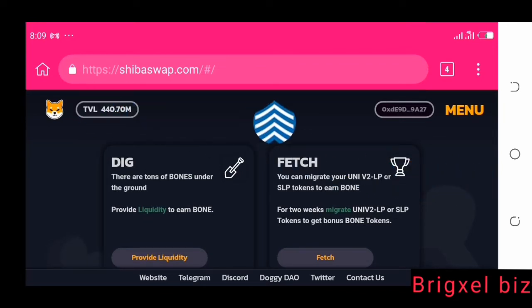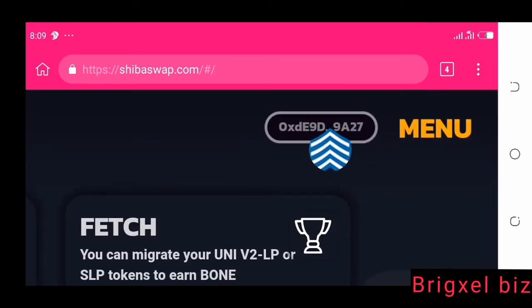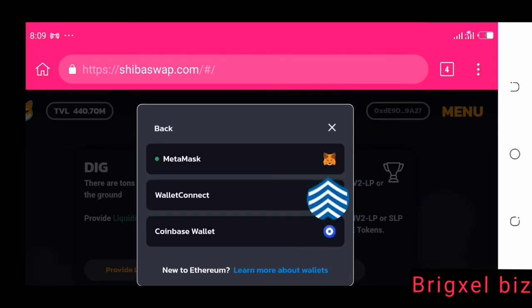So back to Shibaswap, you can see here now that my wallet is connected. It doesn't say connect wallet again, okay. So if I kind of like zoom that, you can see it doesn't say connect wallet. If I click that, it shows me this, okay, and you can see here it says change, okay. That's to tell you that the wallet is connected. If you want to change, if I click that change, for example, it's going to show me the other possible wallets I can change to. I can change to wallet connect, I can change to Coinbase wallets, okay. So that's it. This is how you can connect